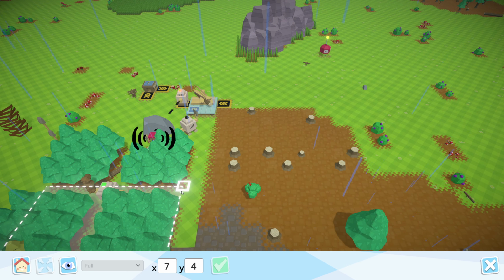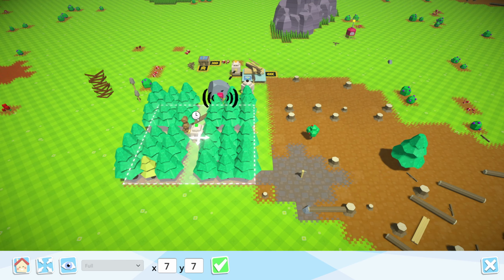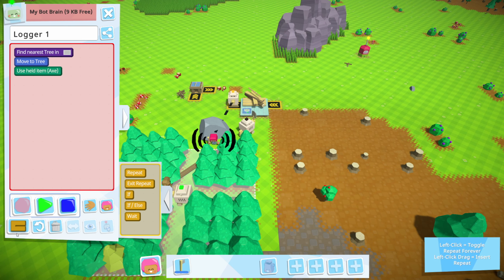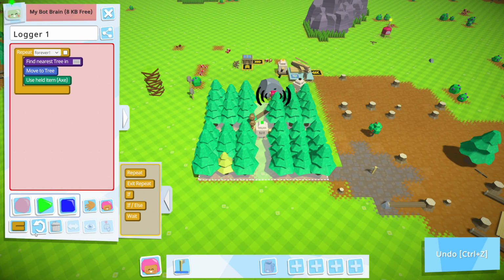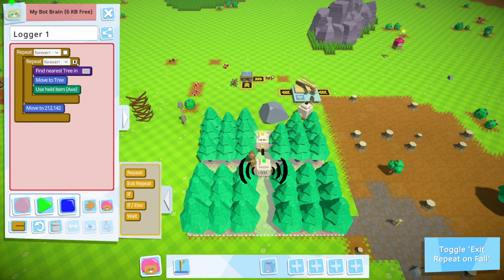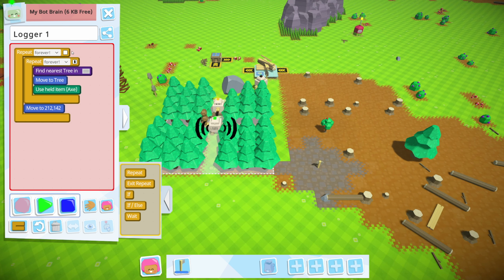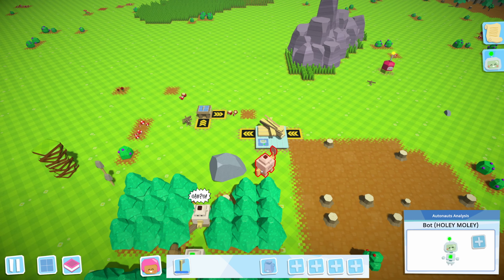1, 2. Perfect. Okay, just making sure. It's awkward to see the angles sometimes. So I've got that. He's going to find the nearest tree and just do that forever. And if for whatever reason he can't find a tree, I don't know why, maybe something's happened, he'll just come and move here. And then go. So I'll have to give him his...